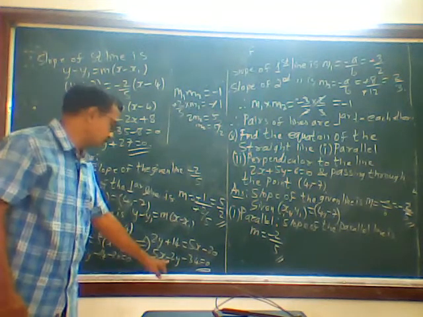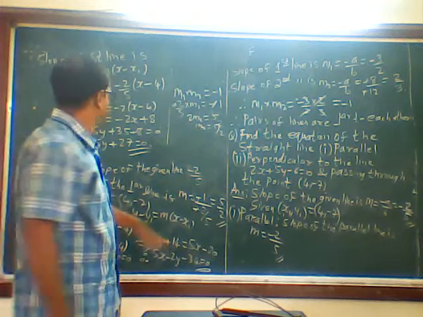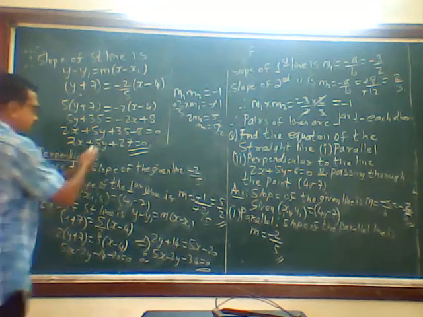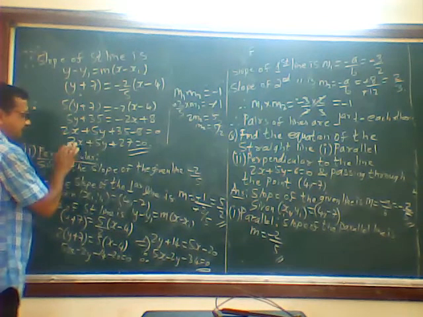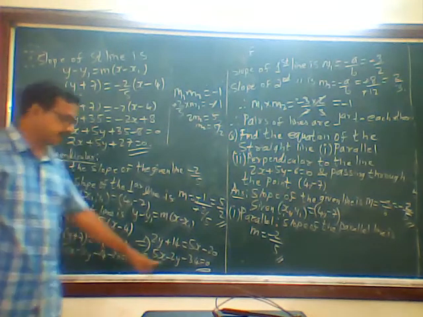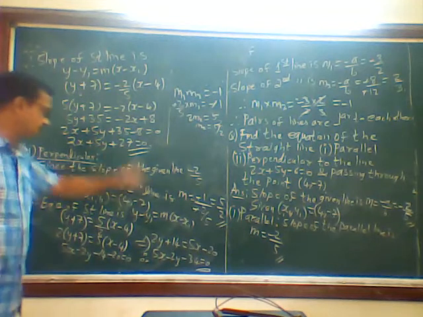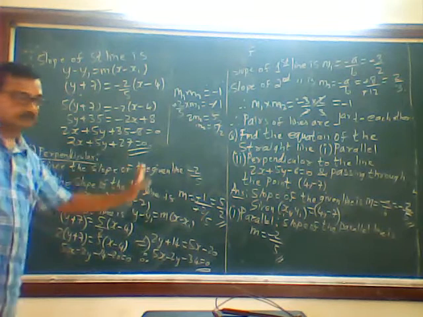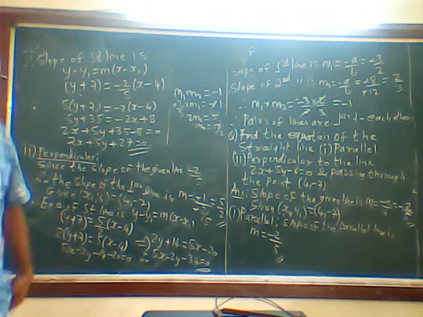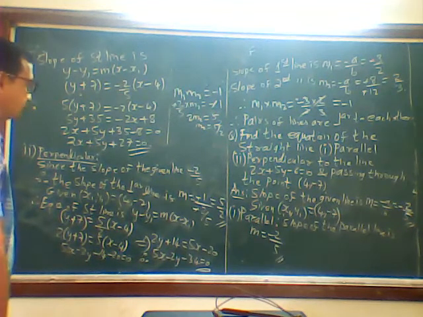See, parallel is 2x plus 5y. Where is it? This one, here 2x plus 5y. Perpendicular means what happens? It gets interchanged. This 5 will come here, this 2 will go here, and if it is originally plus, it will become minus in between. That is how I can verify; the constant will be different. Just observe this: the coefficients will change, and plus will become minus, original minus will become plus. Okay? You got the point?